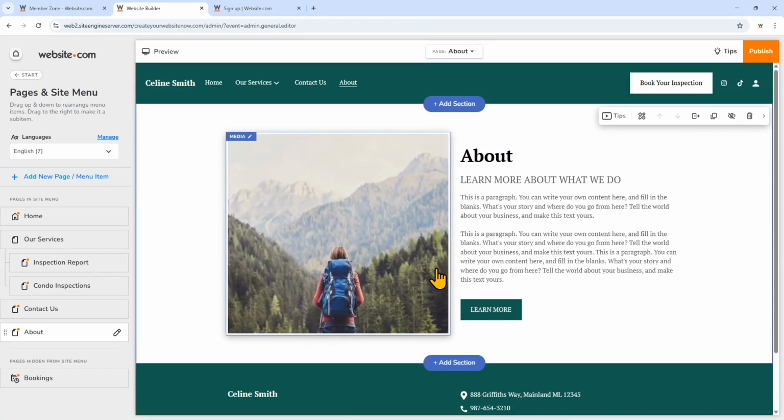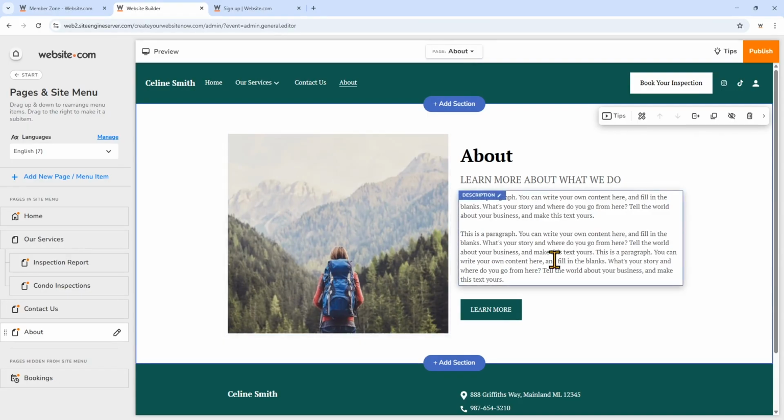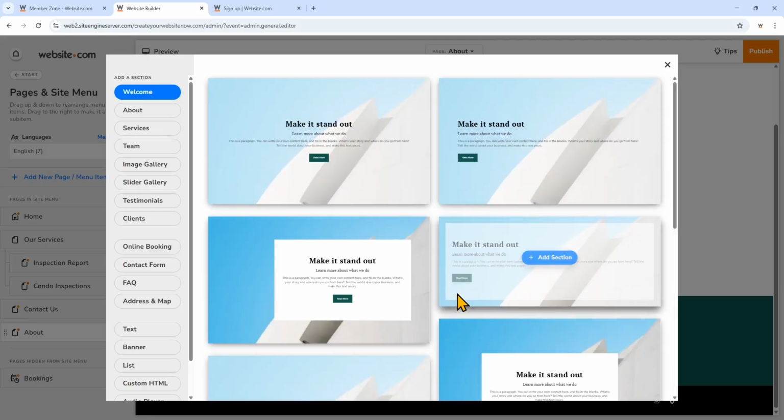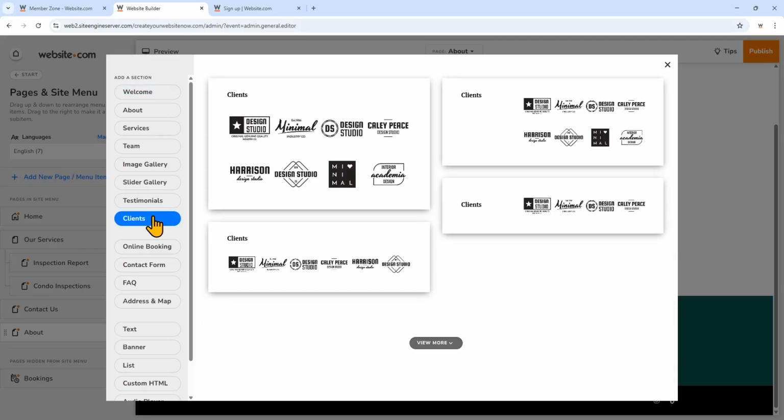You might want to think about including a headshot of yourself for familiarity and building credibility. So in addition to here, where you can change the text with that information and the image with your own headshot, we'll add another section. And again, we're going to add a client section, but instead of putting clients, we'll list all of our certifications and verification seals like we did for the homepage.